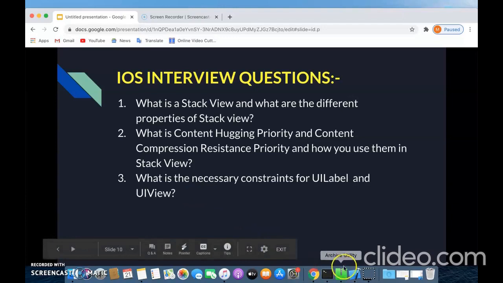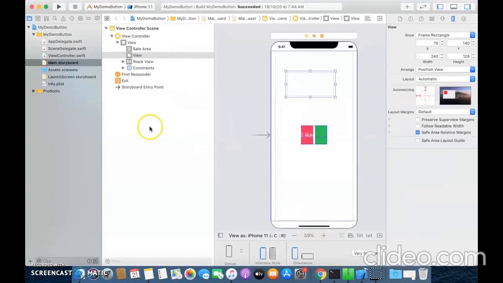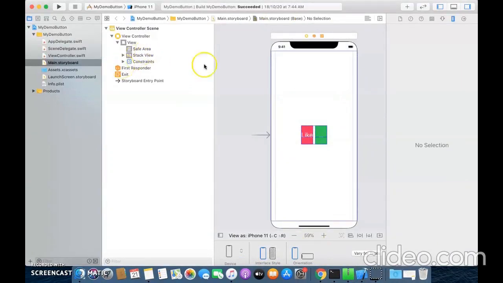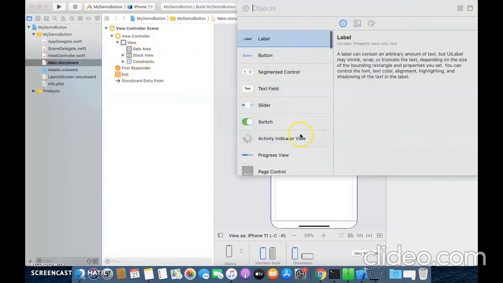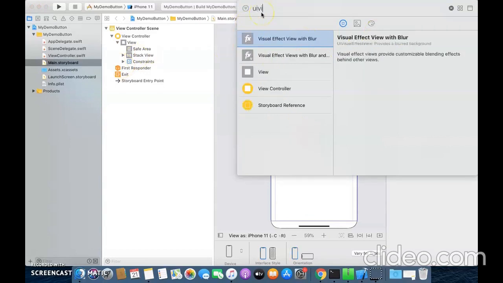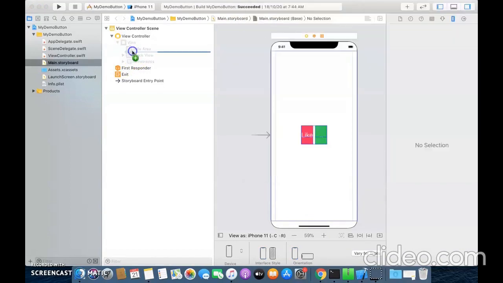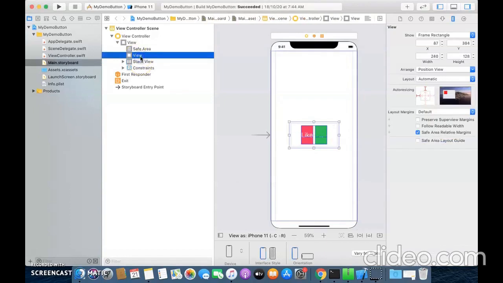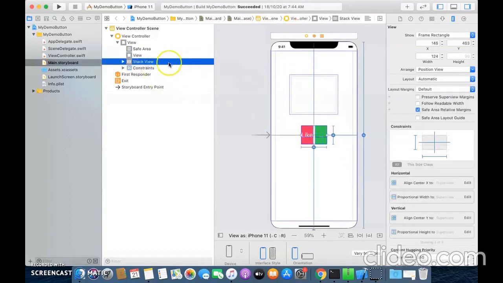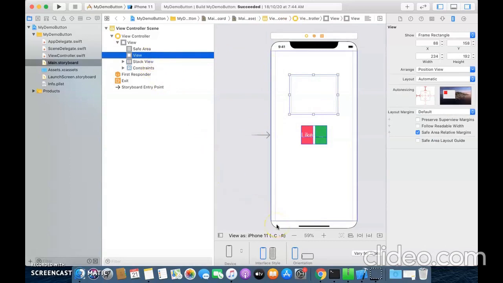So let us begin with our project. We have to open our project, and just drag and drop one UI view onto above the stack view we have already taken. I am taking this UI view just above the stack view, but not overlapping the stack view. So now we are going to see how many constraints are needed, or how many constraints I can put, so that Xcode does not show any warning or error.